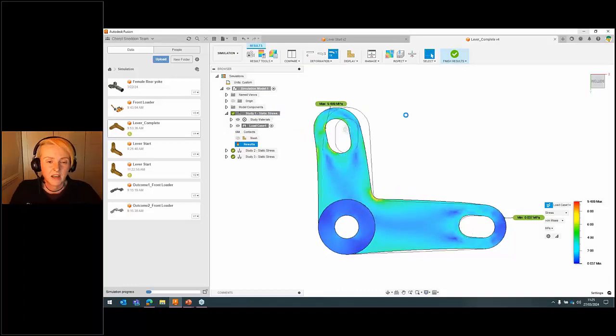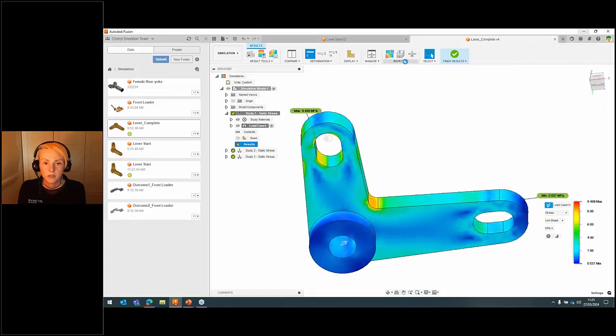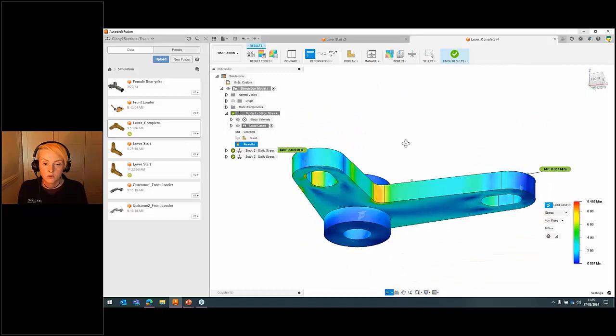We do always exaggerate the amount that we can see it by, so that we can really see where the force is going to be, so that we can tell whether it's going to be a problem. And that's the job finished, so it only took a few minutes. But what we can do with the results is, if we come back to the deformation, we can display in different areas. So there's a lot of stress here. If we want to probe that stress, we can just take a probe from the inspection drop-down list, and it will tell us